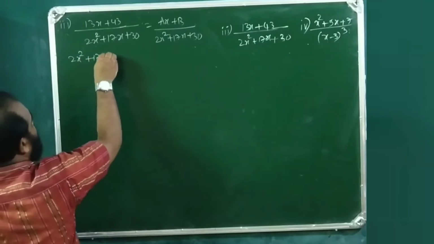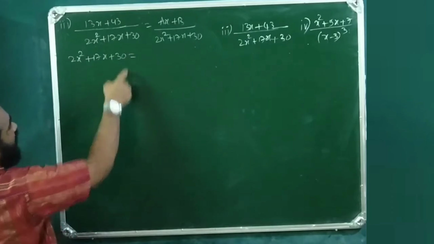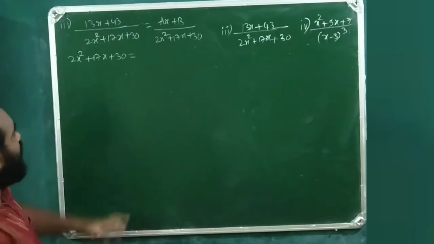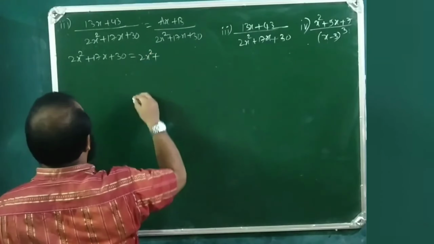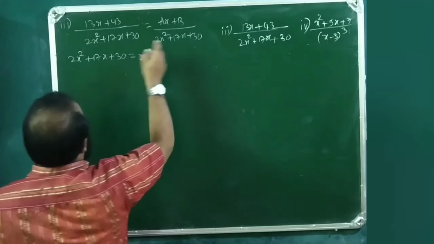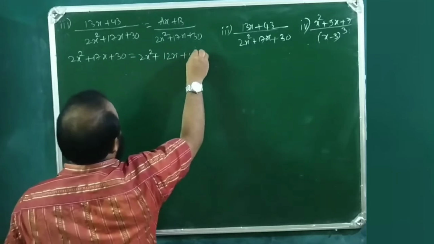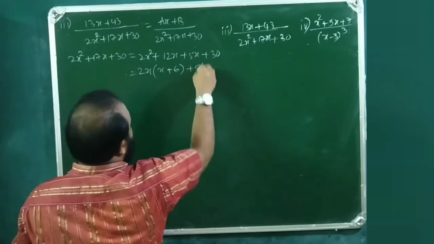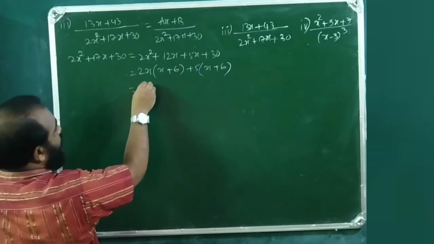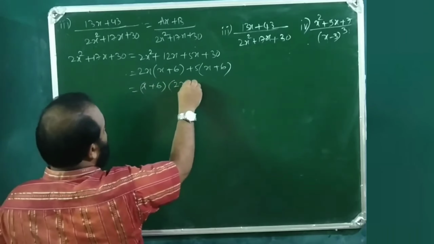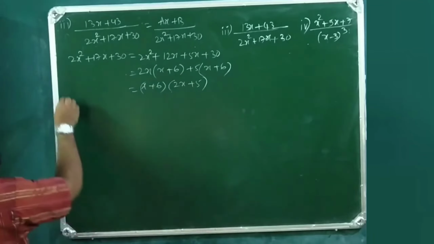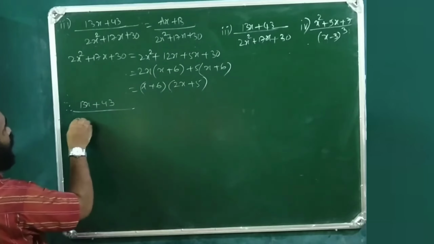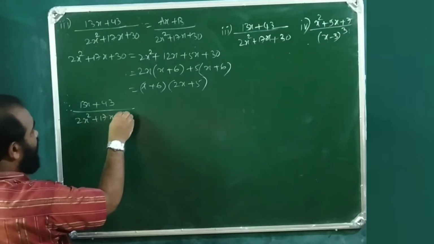2x square plus 17x plus 30 is equals to, 2 into 30 is 60, and 12 5s are 60, 12 plus 5 is 17. So 2x square plus 12x plus 5x plus 30. So take 2x in common, x plus 6, take 5 in common, x plus 6. So x plus 6 if you take common, this is 2x plus 5. Therefore 13x plus 43 by 2x square plus 17x plus 30 is equals to,